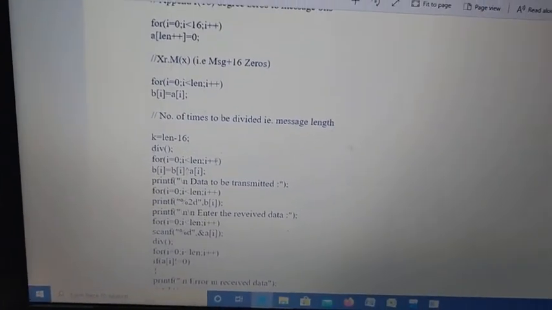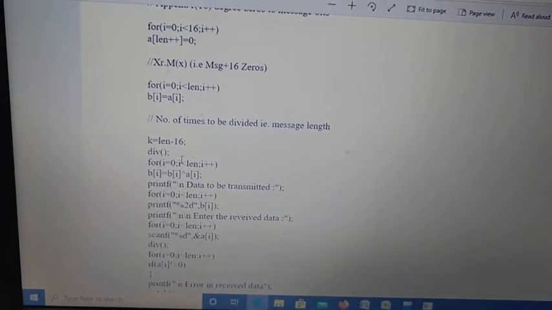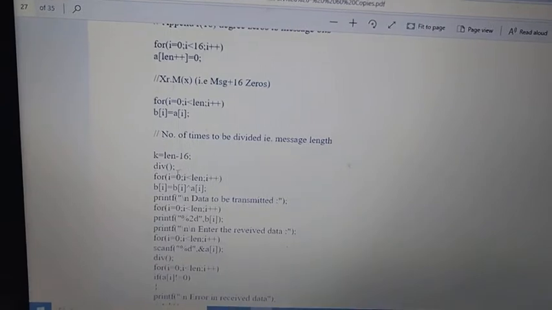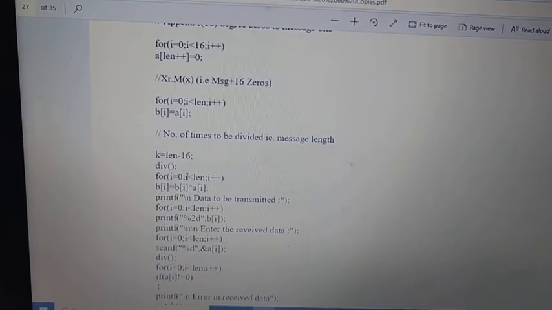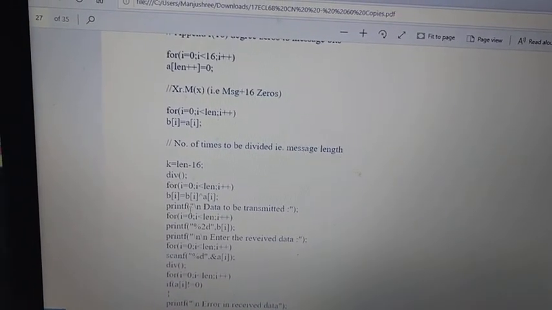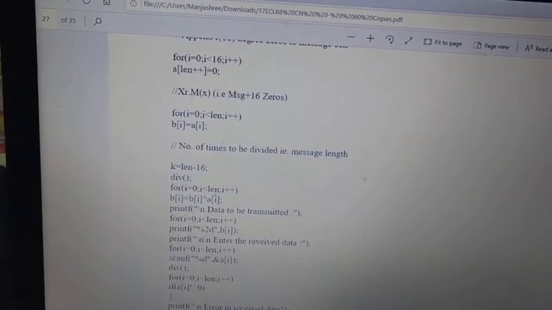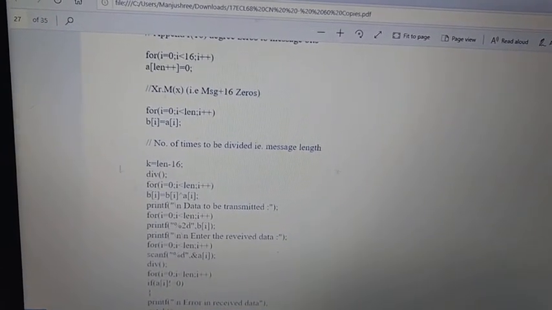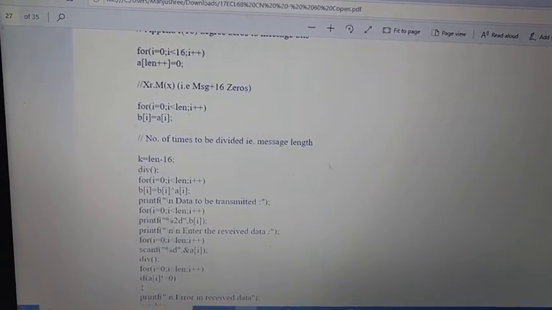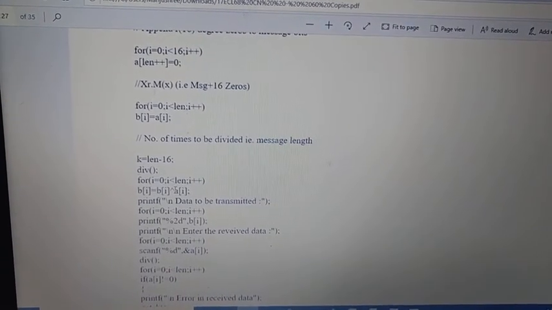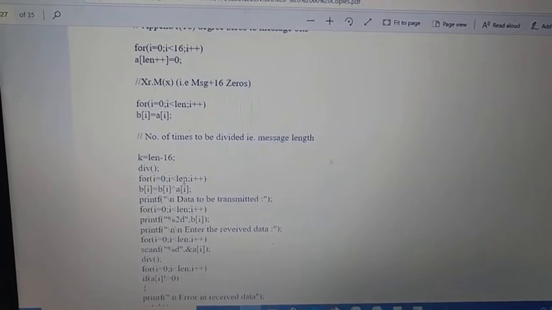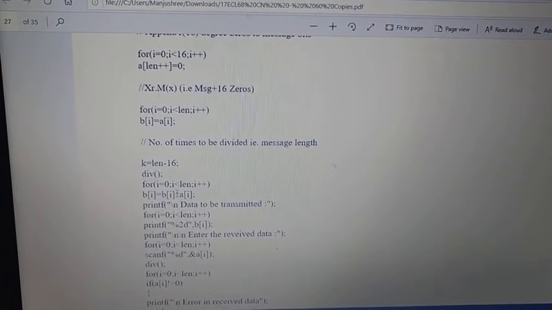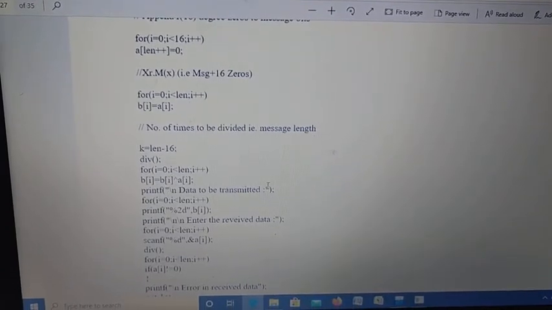This loop is executed only 3 times, because when i is incremented to 3, 3 is not less than 3, so it comes out of the loop. Whatever data is stored in b of i is erased to 0 by assigning 0 to the memory location. How have we performed this? By performing an XOR.